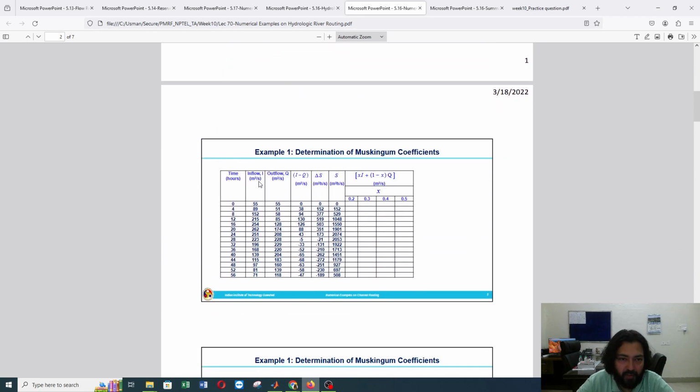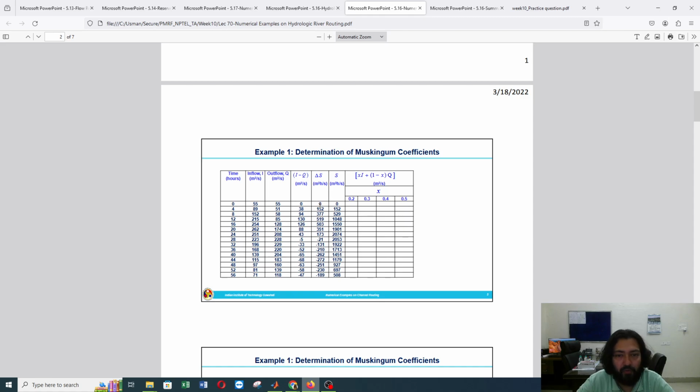So what we are doing here is, first we know inflow and outflow, and we want to calculate this term. I is known to us, Q is known to us. So first we have calculated I minus Q, then we have calculated the value of delta storage. Delta storage is nothing but I minus Q multiplied by time. This fourth column is nothing but subtracting column 2 from column 3, right? Then delta storage is I minus Q times delta t. So we have multiplied 38 with respect to time, that is 4, so we got the value of 152. This is the change in storage.